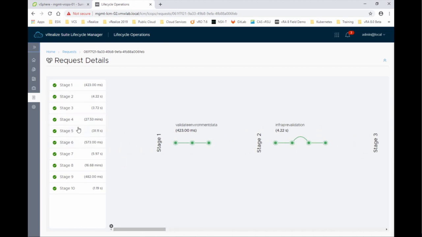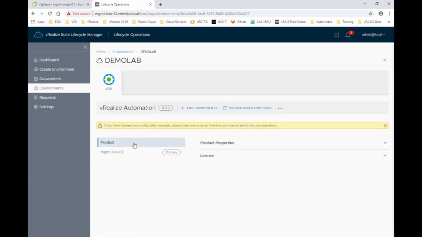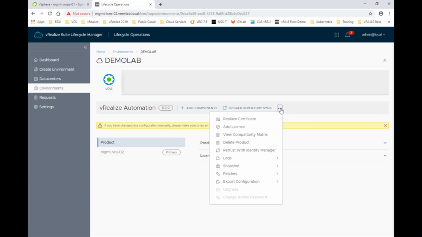The two top stages that took the most time were stage 4, at 27 minutes, and stage 8, at 60 minutes. If we go to the environments, we should see the demo lab environment has been created, and it includes vRealize Automation 8.0. If we look at some of the details, now I can add components, look at the menu, add the new license, delete the product,